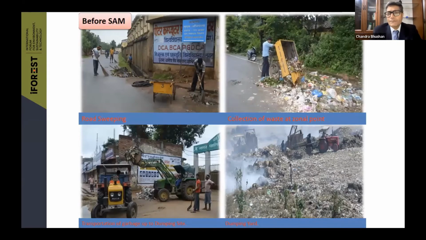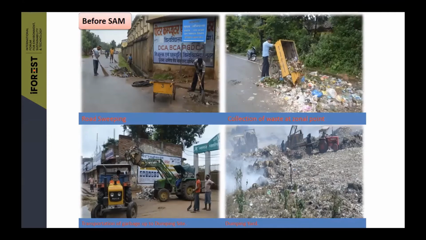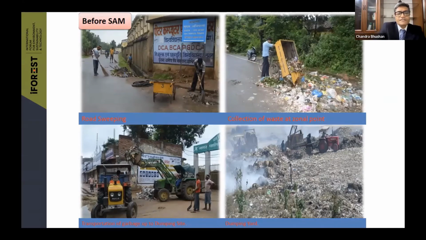This was what Ambikapur was before this model was implemented. And this you can see in every city in India today. In most cities in India, you will have people taking out waste from the nala. You will have at some point waste is disposed. This is the way waste is put into the tractor and trucks, and this is what happens to the dump yard, where you have fire and air pollution. This is now a very, very common sight in most cities, even in cities that are working on waste management. This is what the site is.